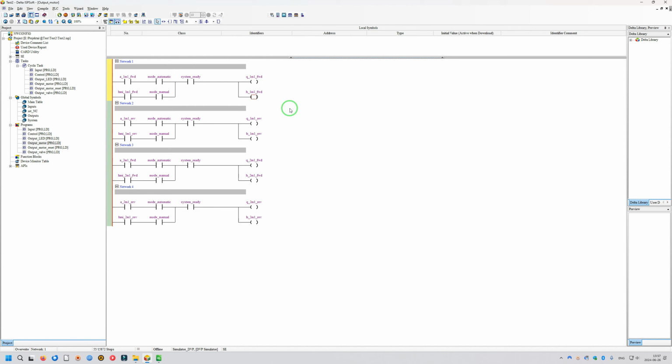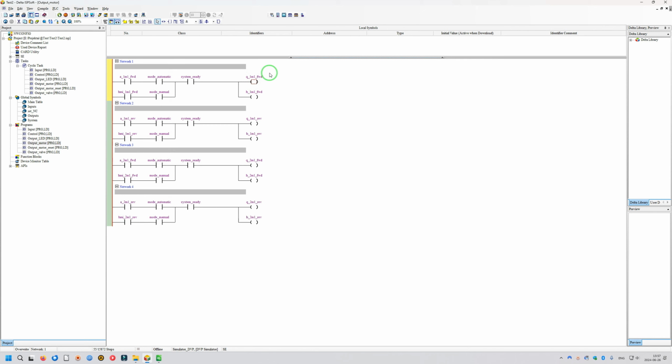Why? Because what if we will need to replace the output? Maybe it's faulty, or maybe we need to put the signal on another output. So when we change the address here, we will need to go to our HMI program and fix